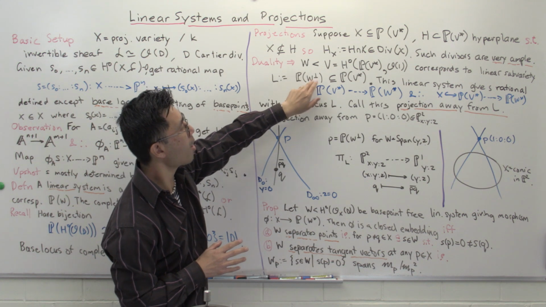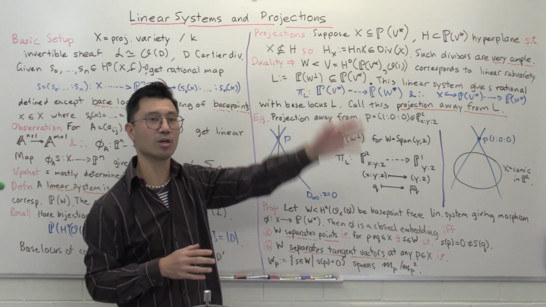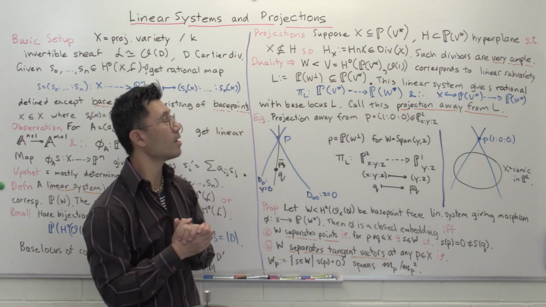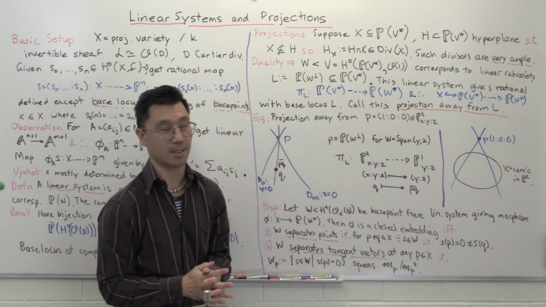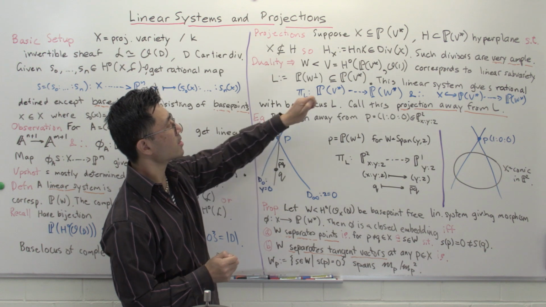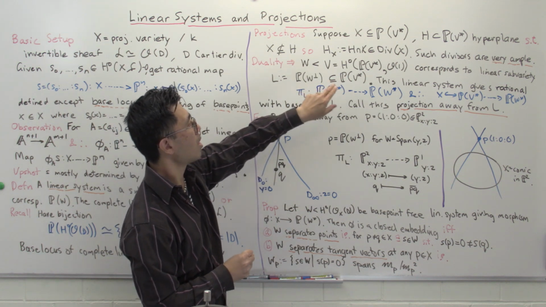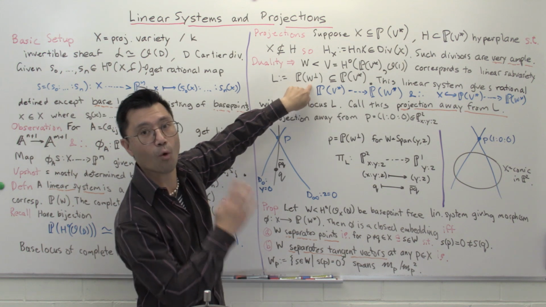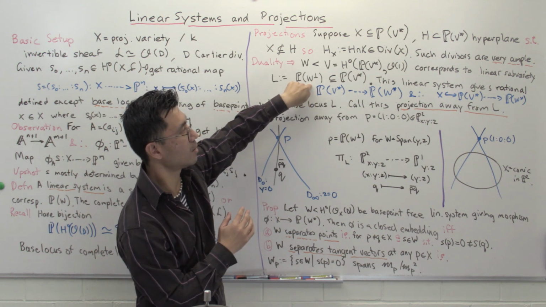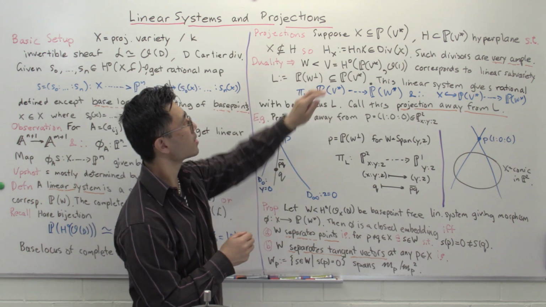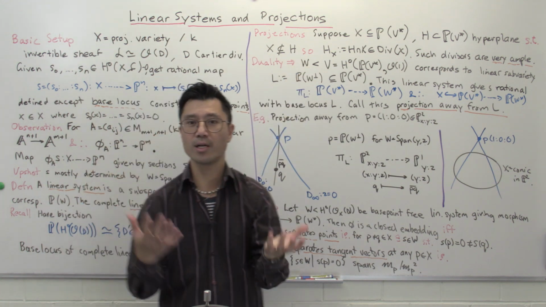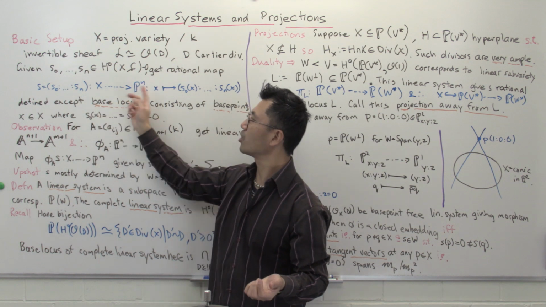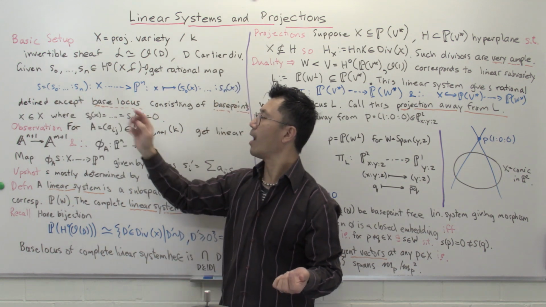Since this W perp is a subspace of that, you can look at the projectivization of this contained inside there, and it's a linear subvariety. Instead of looking at one-dimensional subspaces of all of this, you're just looking at one-dimensional subspaces that happen to fall inside this subspace. Now we can look at this subspace, and it gives you a linear system, and it's a map. It's not completely defined. You can pick any basis you like for this,